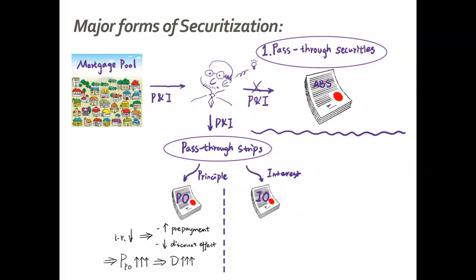But I could imagine maybe a long-term investor thinking, I don't need cash flows right now, but I need more cash flows maybe in the future. I will probably buy a PO strip. So it just depends on whether you like this type of cash flow structure or not.